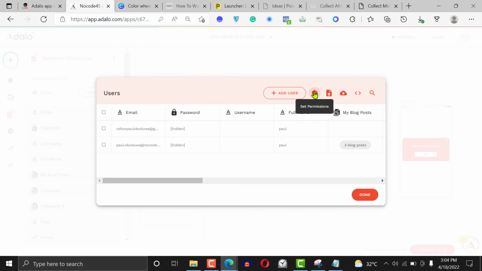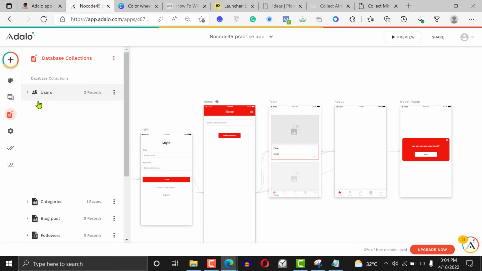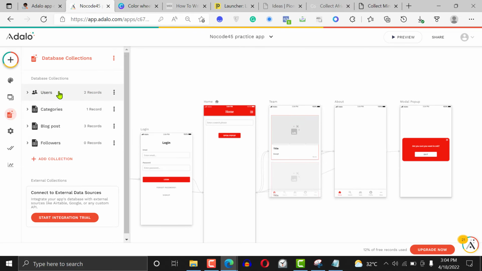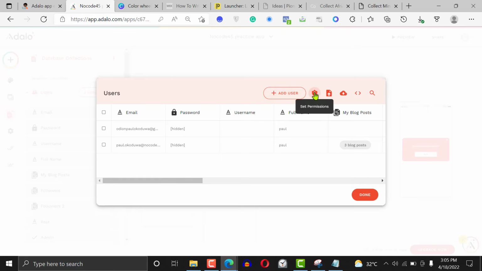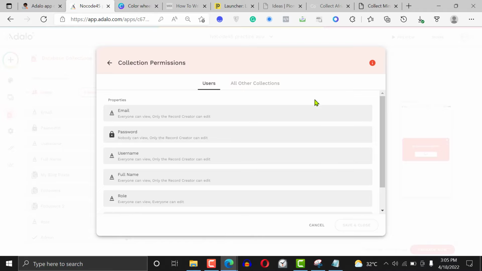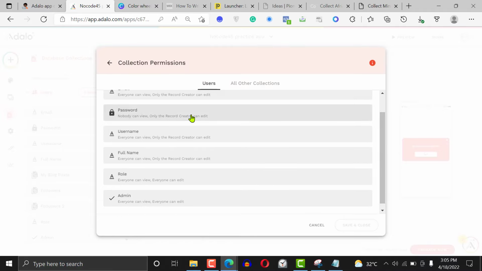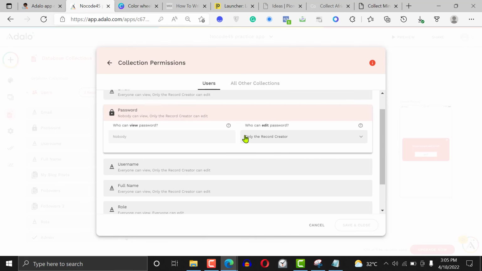records, and click on this. So what you're doing is that you're not just clicking in your database. You're going to each collection that you have and saying what a person cannot access and what a person can access. If you click on this, you can set permissions. And here you can say nobody can view this record because it's important. When you have things like account numbers, CVV numbers, or passwords, you can tell that nobody